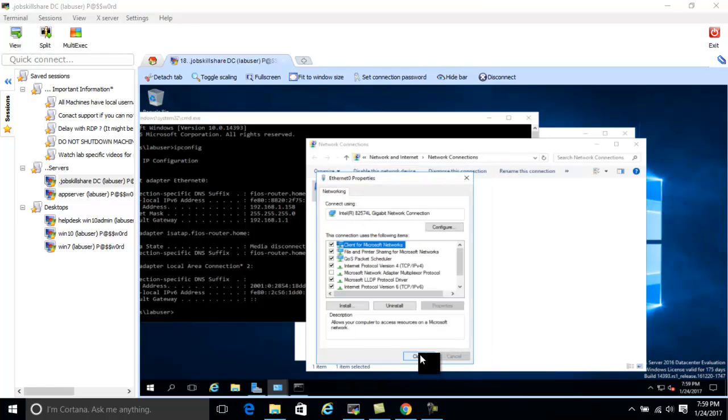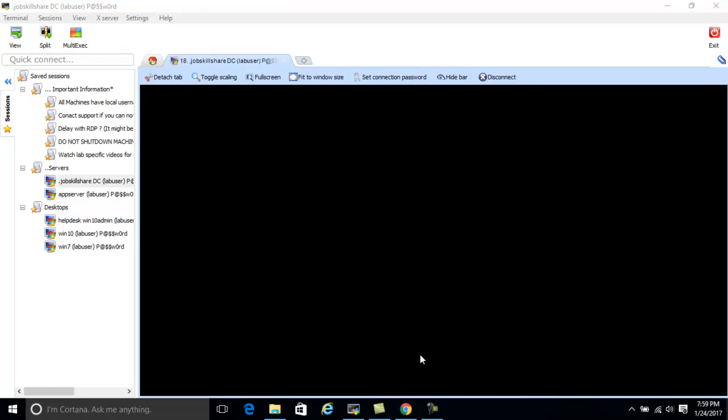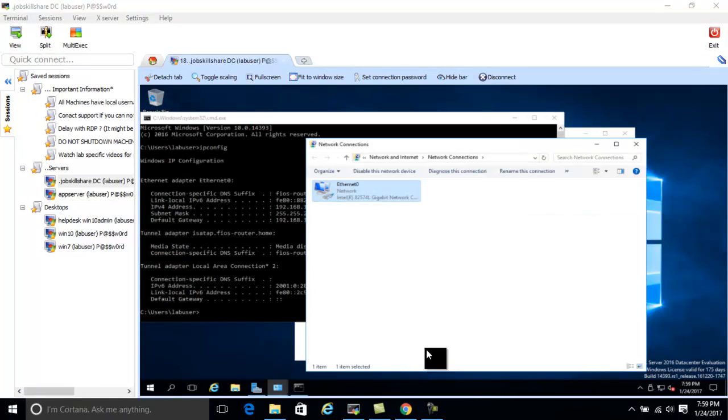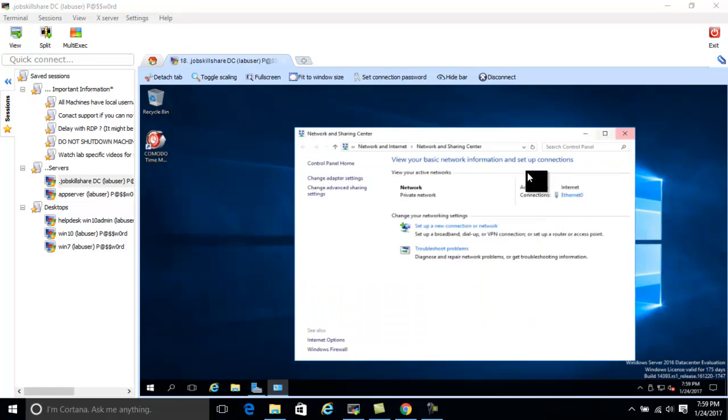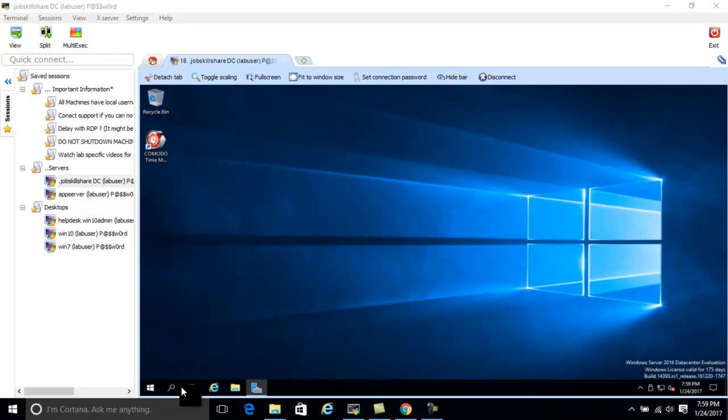So what's going to happen in your lab, watch, it's going to get disconnected for a second and then it will come back up. So 3, 2, 1, boom. Oh, didn't work. All right, let's do it again. 3, 2, 1, boom. Oh, there you go. So it came back up again. So now you have the IP address that is static, and now we can basically start our Active Directory process